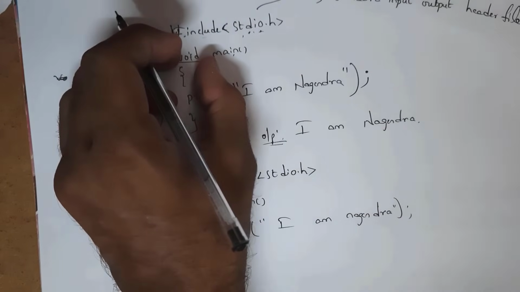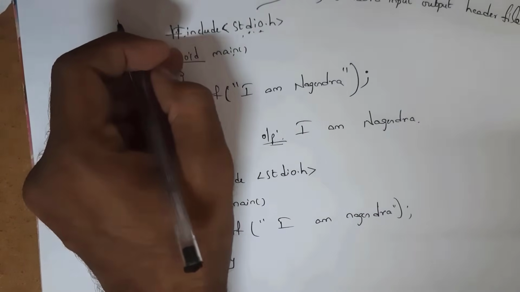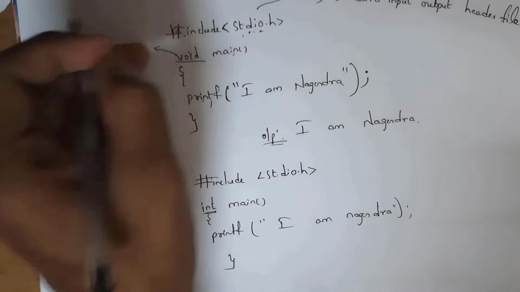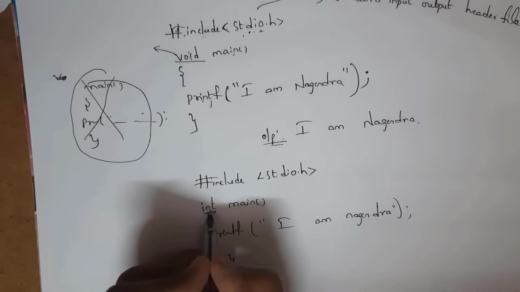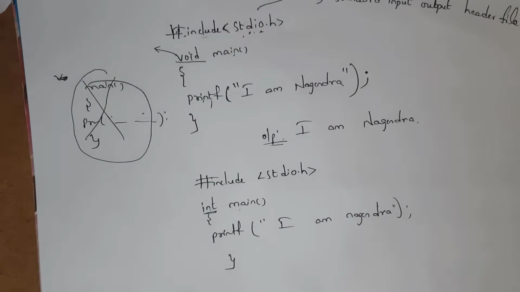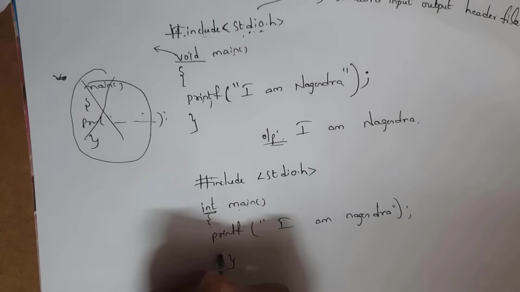I am not returning anything. The meaning of void is nothing. There is no need of returning anything. But whenever you write int main, definitely you need to return something. So here you need to write return